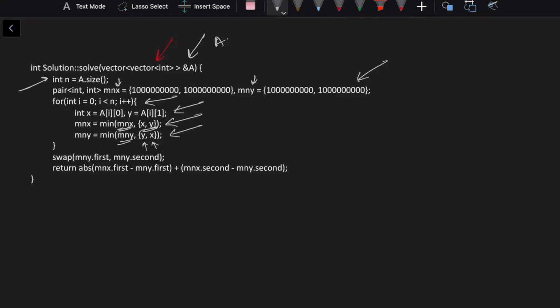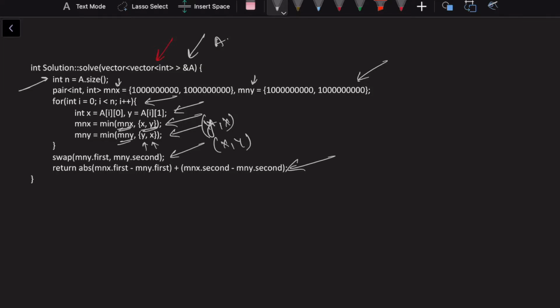Once I have my minimum x and minimum y pairs, I'll reverse my minimum y pair, since here I have pairs like y comma x and I want to convert it to x comma y, so I'll swap it there.